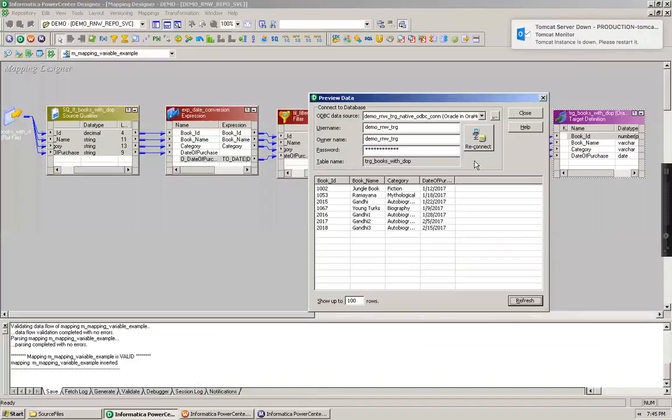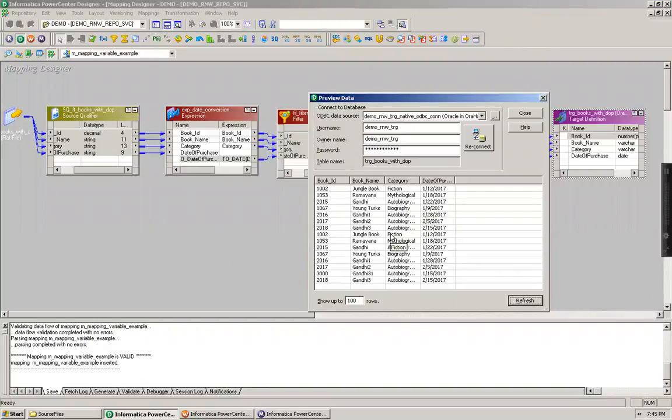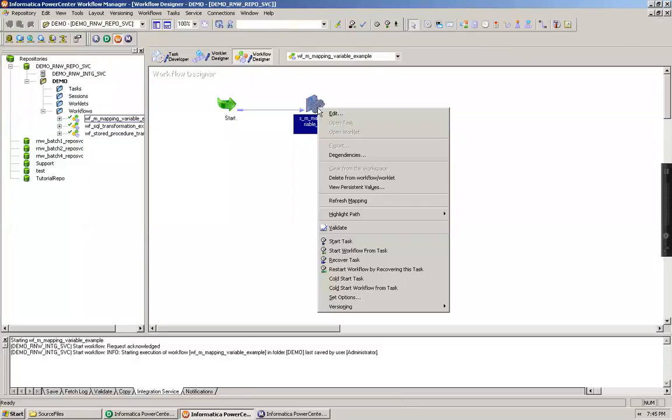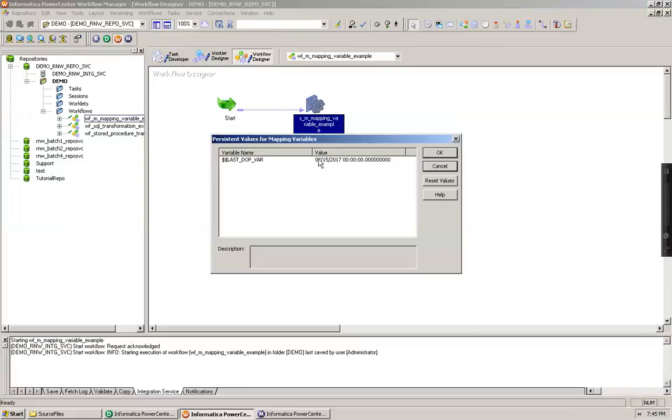it will get succeeded. And if I refresh this, actually it recalculated and dumped all the records again along with the record for 3000. And based on the current date of purchase, it's going to have the variable value set to the maximum value of the date of purchase, which is as of now 15.2. And if I go here and see this again, I can see the value as 215.